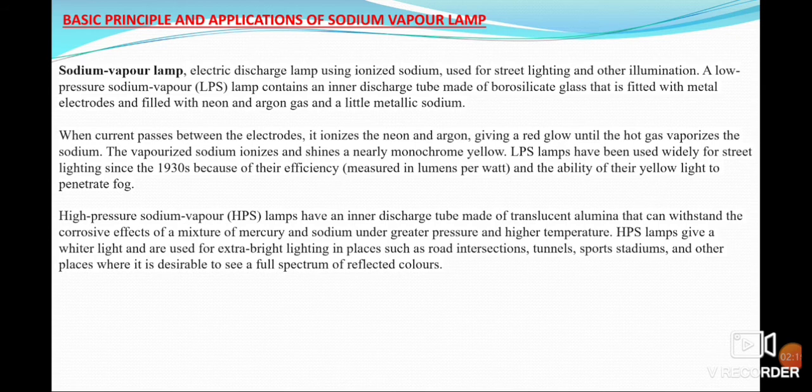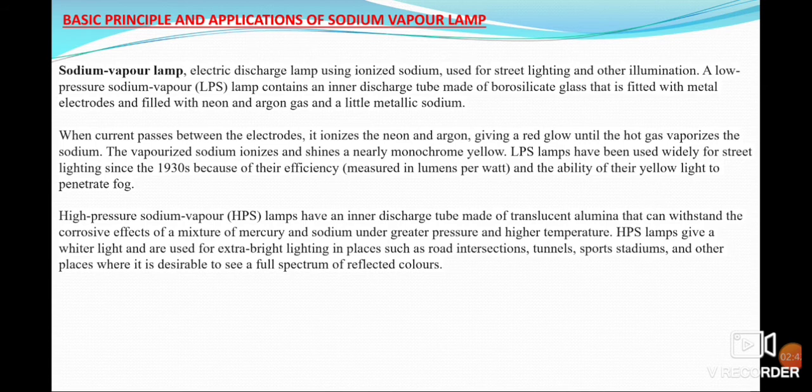That is, when the sodium vapor ionizes properly, it will shine and give a monochrome yellow color. The sodium vapor lamps have been used widely for street lighting purposes since the 1930s because of their efficiency and the ability of their yellow light to penetrate fog. So this is one advantage of a sodium vapor lamp, that the light intensity is so high that it can